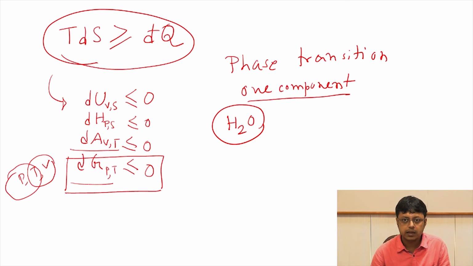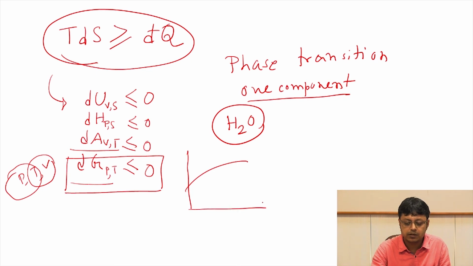How does it look in an energy diagram, and what does the curve look like when we have a phase transition, meaning when at some point we have, say, an ice to water transition? Of course, in those curves we will have a discontinuity, as is obvious when we are discussing the change in Gibbs free energy as a function of temperature, or the change in Gibbs free energy as a function of pressure. We discussed that